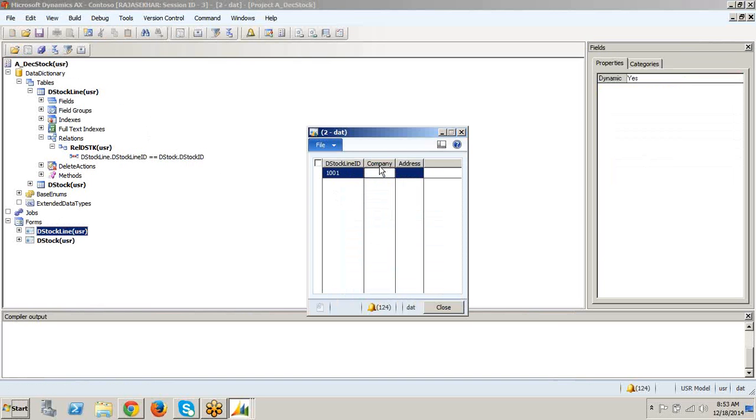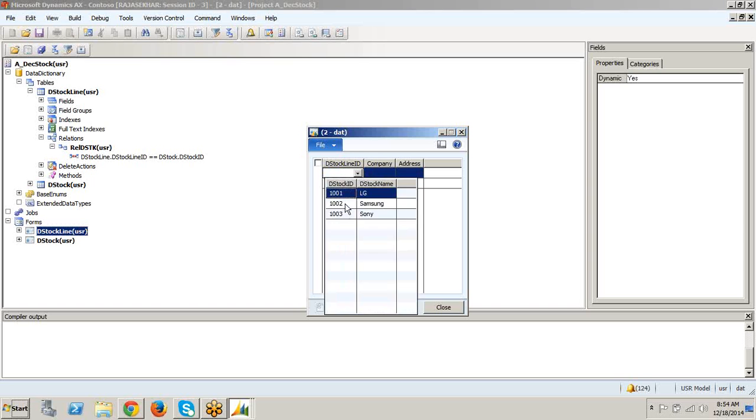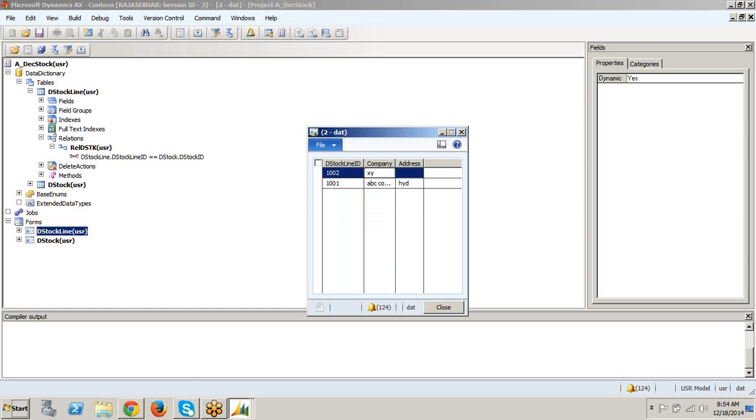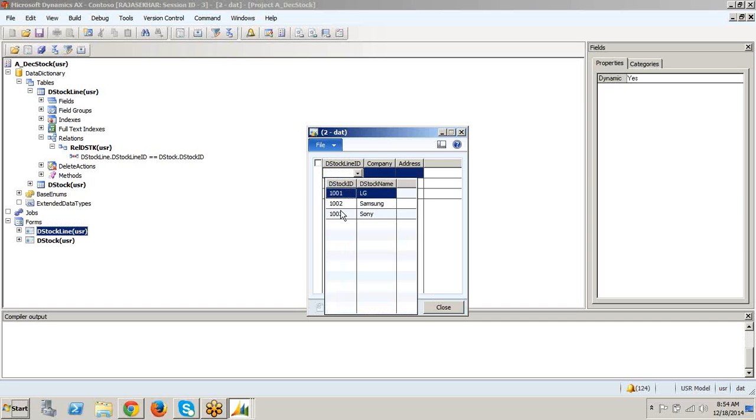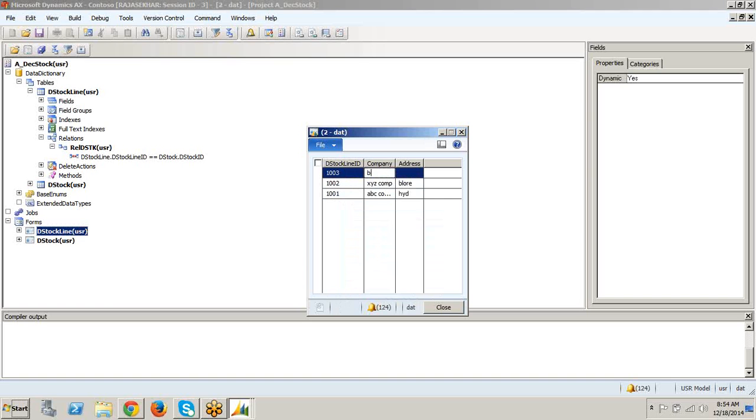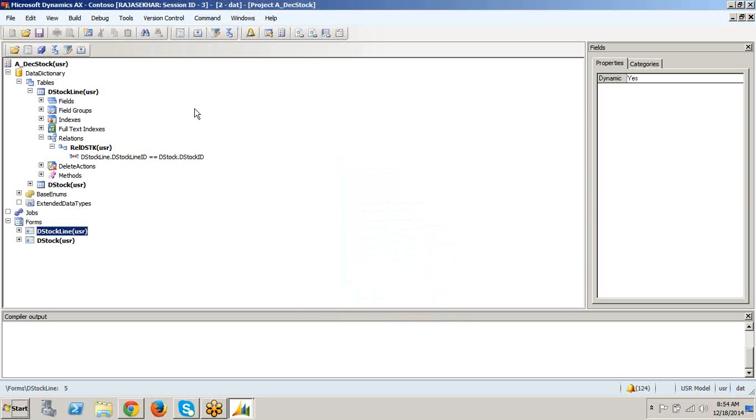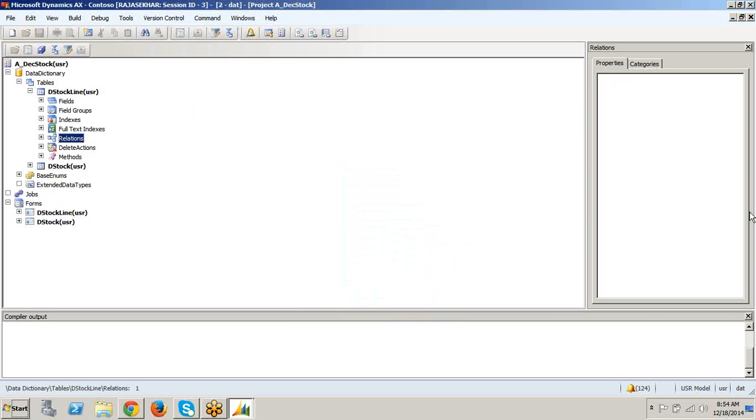Click on this company name, Control N. Okay, this is how we create a relation between the two forms.